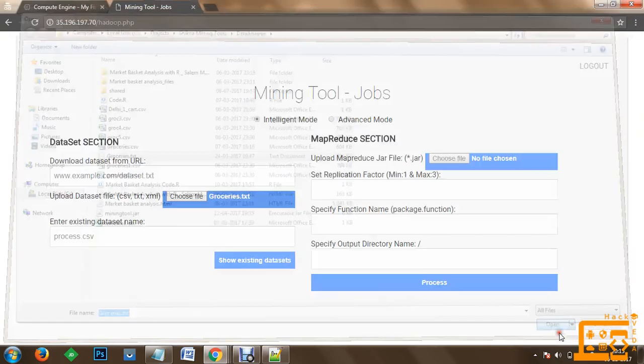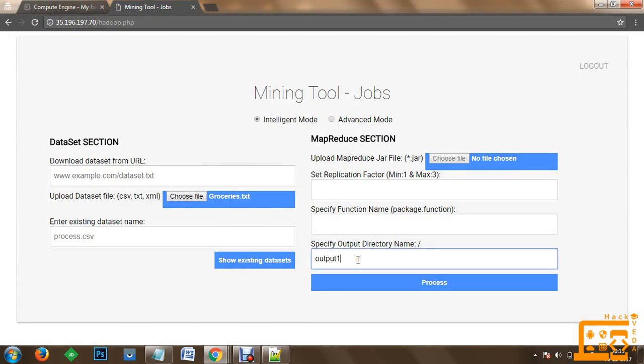Once we are logged in, we quickly go to intelligent mining. We'll select the data set. We'll go to the directory and let's call it output 1. We're going to quickly click on process. Once we click on process, the processing will be performed, and once it is performed, we'll quickly get access to the output. So now we have taken groceries.txt, and it has to be stored into the dev2 directory within HDFS. Then it will be processed, and whatever output is generated will be created within dev2 output 1 in the file known as part